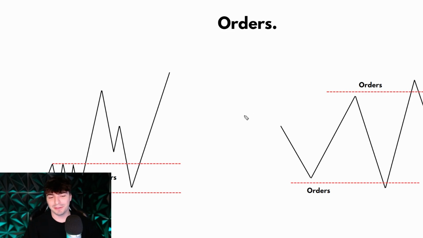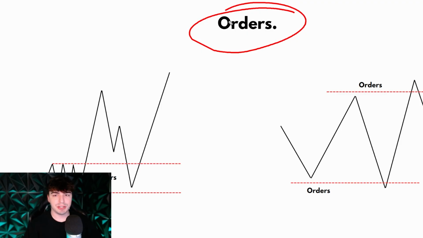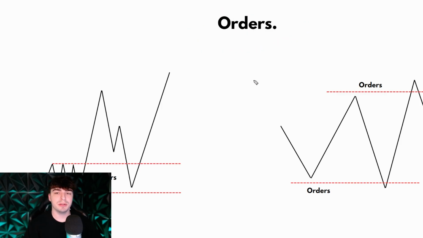The first lesson that I've learned over 12 brutal years is that there's only one thing that moves the markets. It's not indicators, it's not Fibonacci retracements, or numbers. None of that. The only thing that you want to concern yourself with are orders. So any strategy that you trade should revolve around the idea of finding where the most amount of orders are